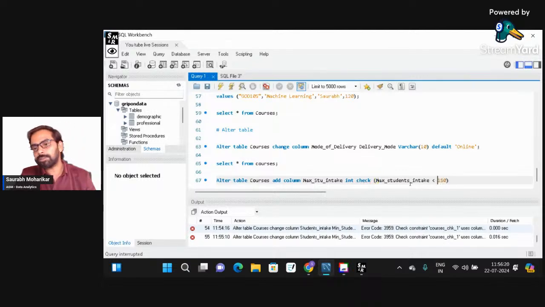150 से ज्यादा बच्चे मुझे नहीं चाहिए, ज्यादा से ज्यादा 150. At max 150, not more than 150. So minimum 100, at max 150. 150 के ऊपर will be too much of a clutter. I don't want these many students over here in my class, right? So I'll say that. Now once I run this code,